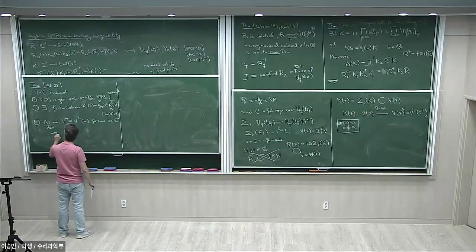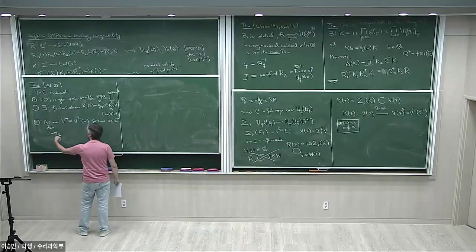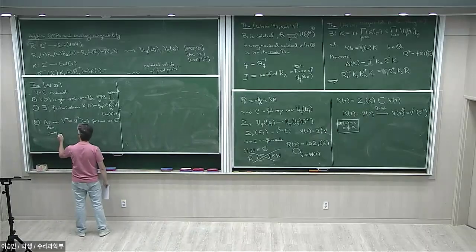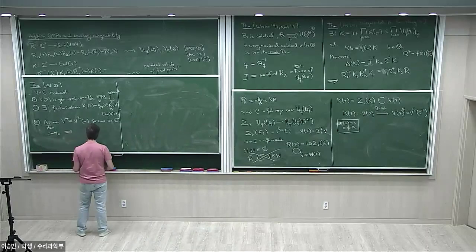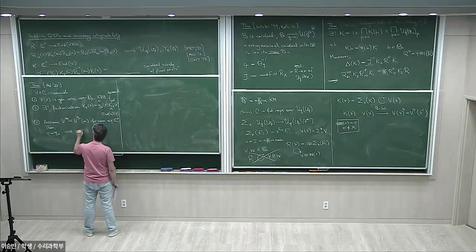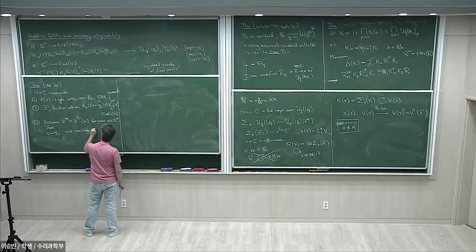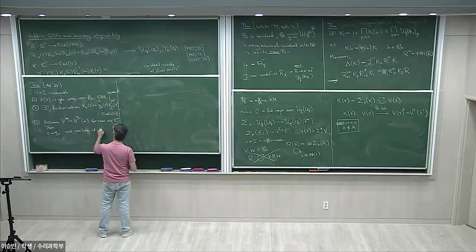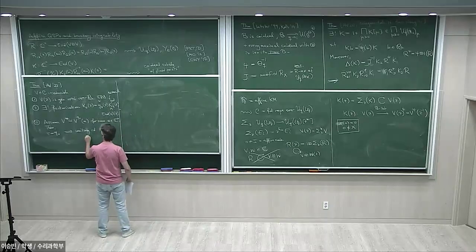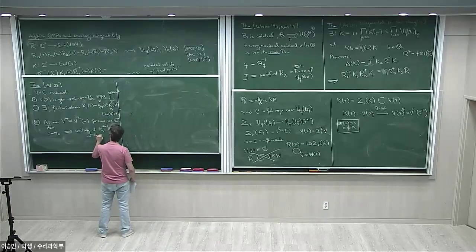Whenever my shift tau corresponds exactly to an extension of this involution, then I can find a unitary solution